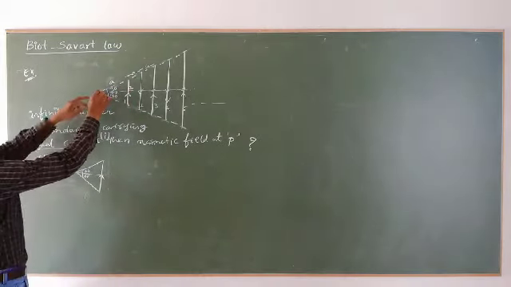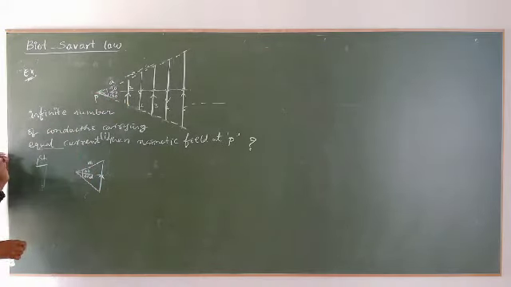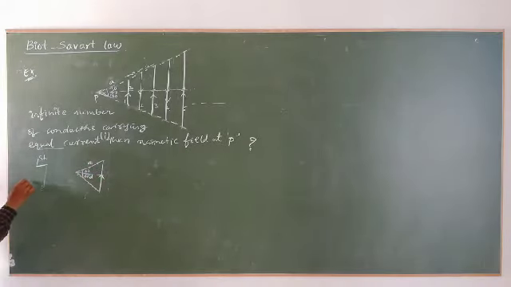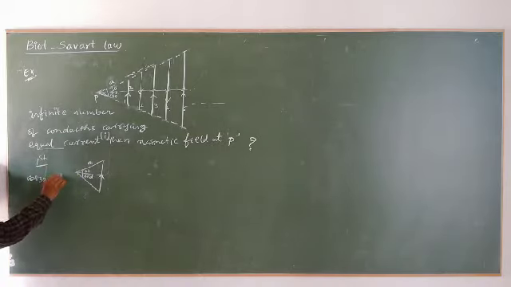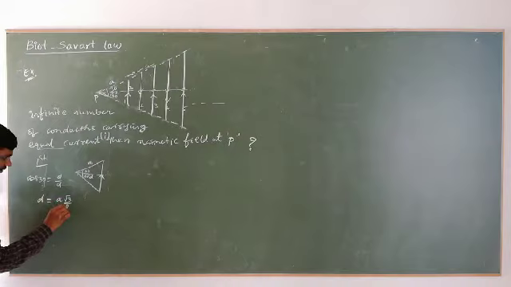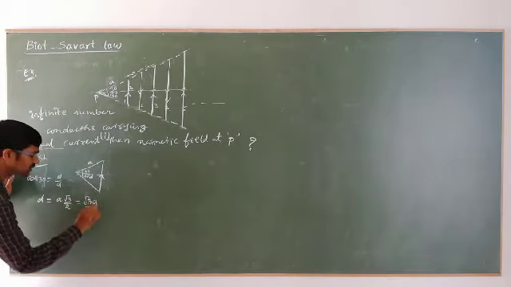Now from this you can tell that this hypotenuse is A, but we need this distance D. What is the distance? Cos 30 is equal to adjacent by hypotenuse, D by A. Then D is equal to A cos 30. What is the value of cos 30? Root 3 by 2. That is equal to root 3 A by 2, which is D1.